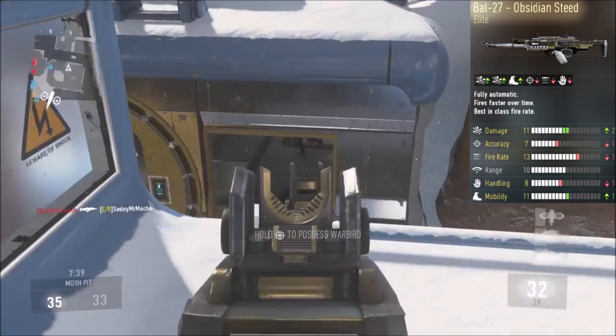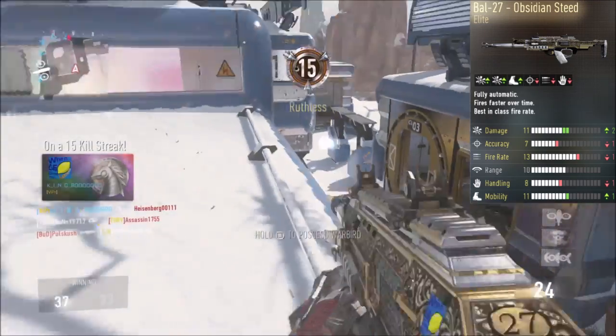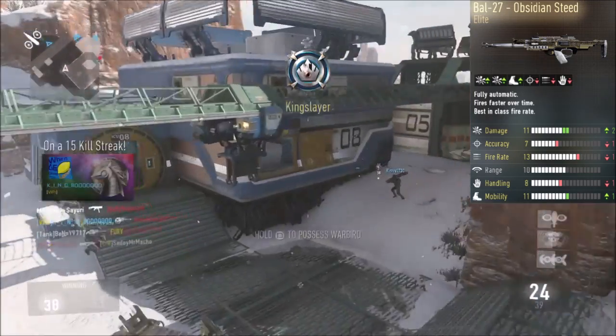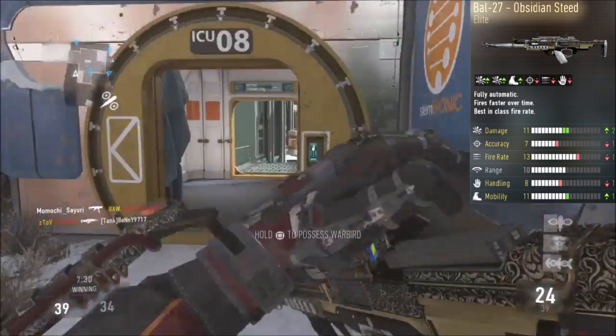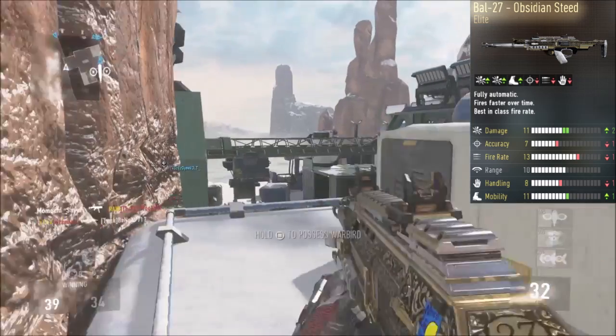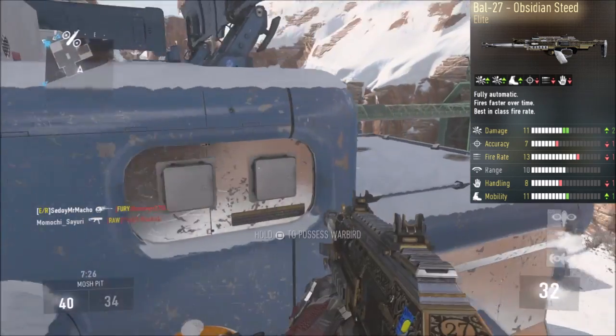You guys know what I'm on about if you're playing sweats all the time. The first point I want to make today about this gun, the Obsidian Steed. Now, the Obsidian Steed is considered to be the best variant of the BAL, the elite variant anyways. The other variant of the BAL, which is elite, is the Inferno, and these two variants are completely different, but